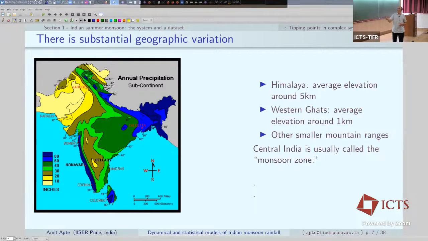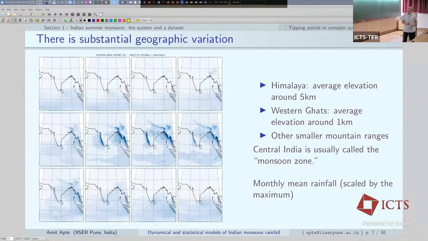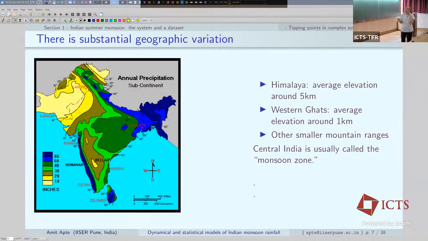And this typically is called a monsoon zone, where you see somewhere average in between the two extremes that you get here. So this is one part of the complexity: a large amount of spatial variation. Okay, I guess this was another way to look at it. And the geographic variation is not just, so I guess what I showed was using data sets from the land measuring stations and so on.